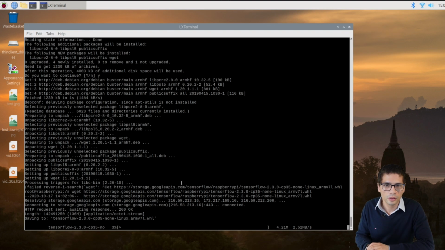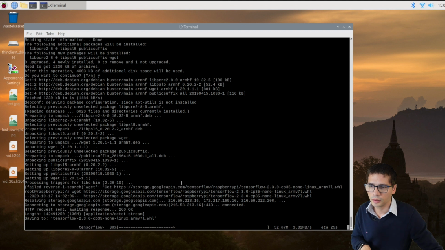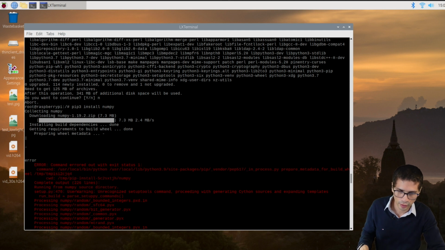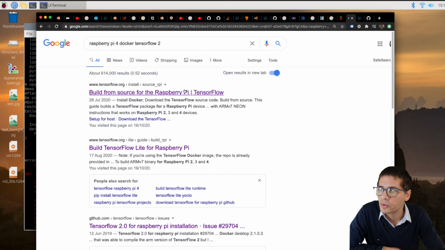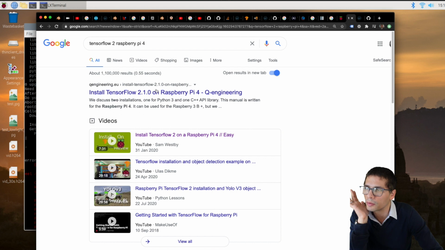Okay, so I'm downloading TensorFlow and seeing if I'm lucky with the installation, whether it actually requires any of the prerequisites. The documentation is not very clear, so I'm a bit stuck with the Docker and TensorFlow. I know from the start this is the hardest step. So the Raspberry Pi 4 is giving me a headache. TensorFlow 2, Raspberry Pi 4.